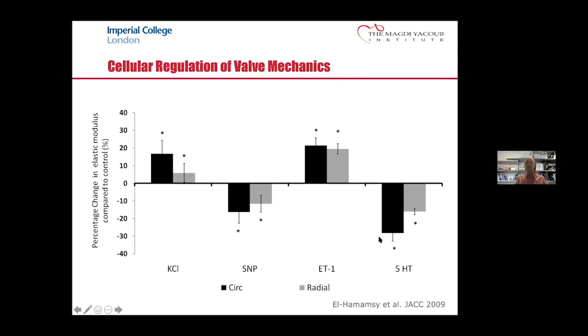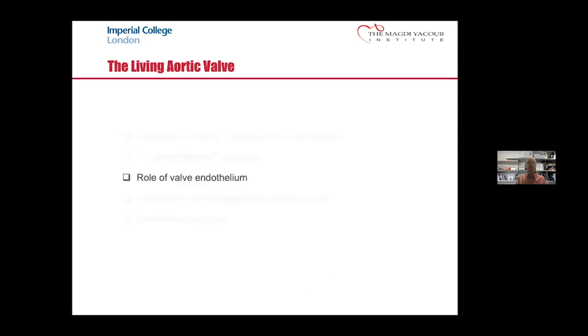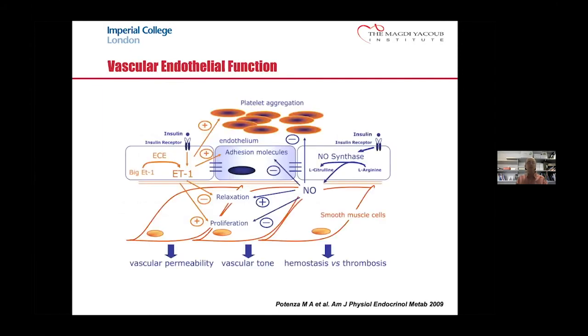And therefore, we were confident that, in fact, valve tissue is under the influence of vasoconstrictor stimuli, which may be either in the blood or released by the endothelial cells in order to optimize the tension under which they operate. So addressing more specifically now the role of the valve endothelium, which I alluded to just there with the effect